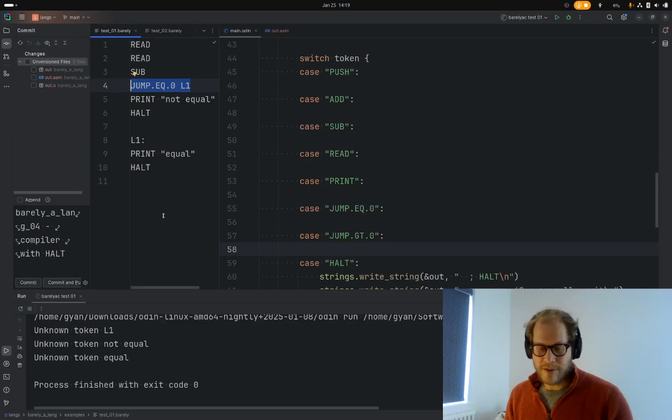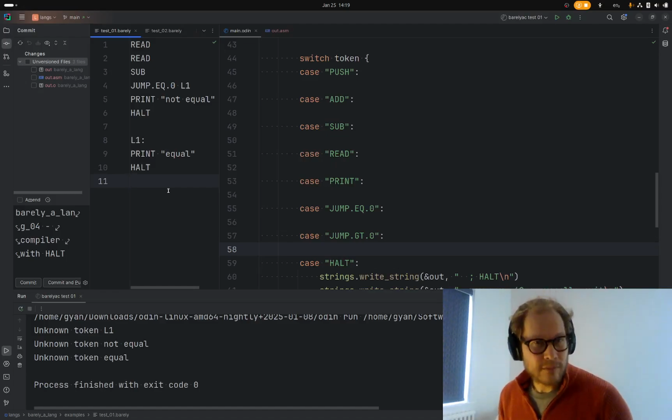Maybe jump is, we can't have a jump without having something to evaluate. So maybe we can print, then we can read. We can do a read operation, and then we can just jump based on the read. And then we can get into the sub, do two reads and a sub, and then do the jump. And that's basically it, actually. That's the whole program. Okay, that's what we'll do. So